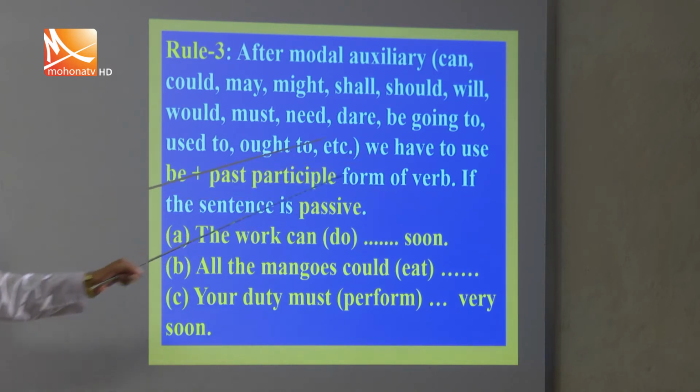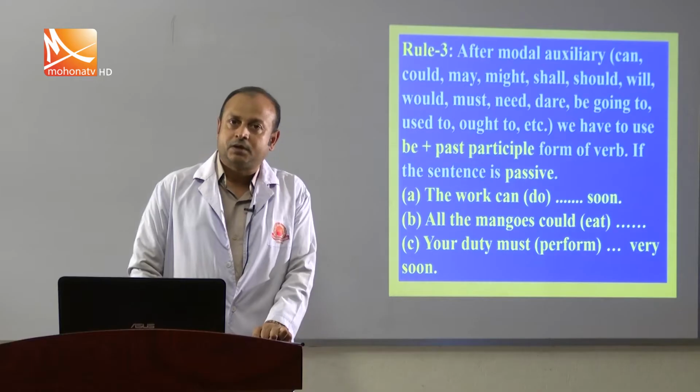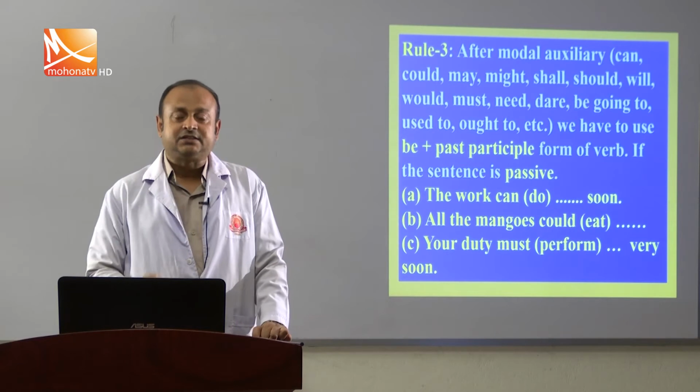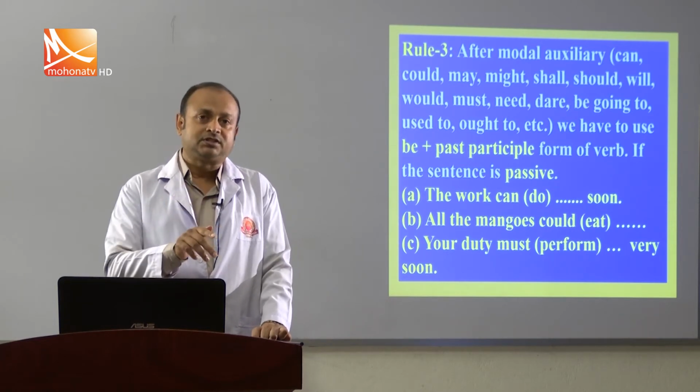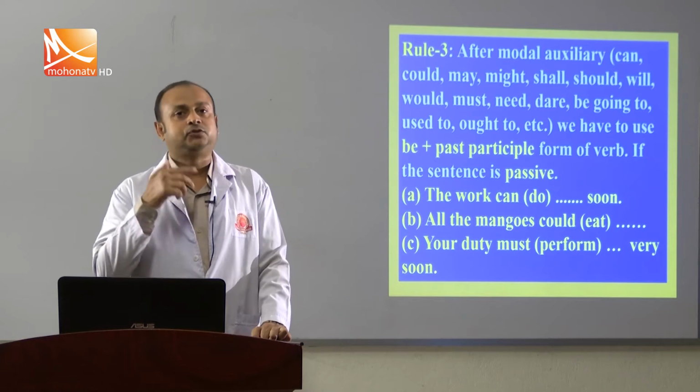Why? If the sentence is passive. So, in an active sentence after a modal auxiliary verb, we have to use the basic form of the verb, but in a passive sentence after a modal auxiliary verb, we have to use be plus V3,